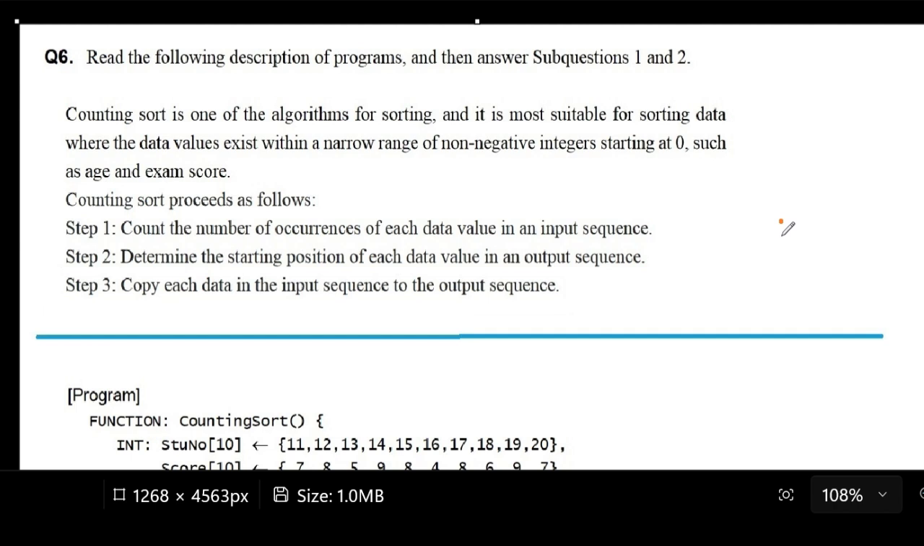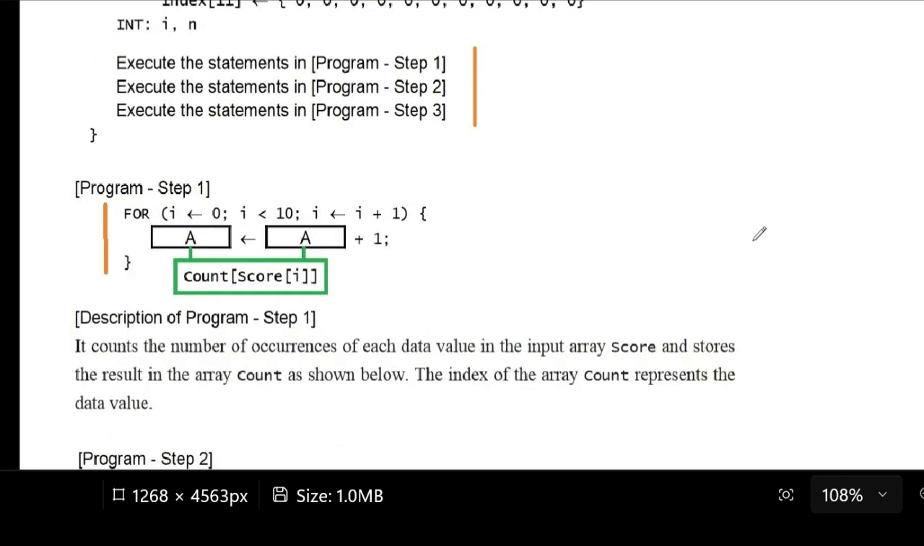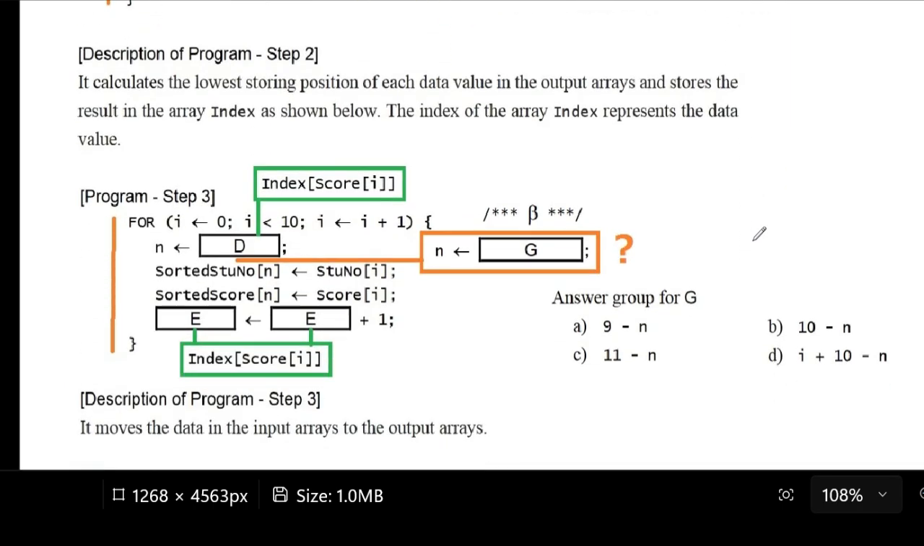Question number 6 of the PhilNITS FE afternoon portion of the exam. We are now in sub-question number 2, and in this question we are again going to work on the counting sort algorithm. And the way to answer this, based on what we need to do, is to look at the